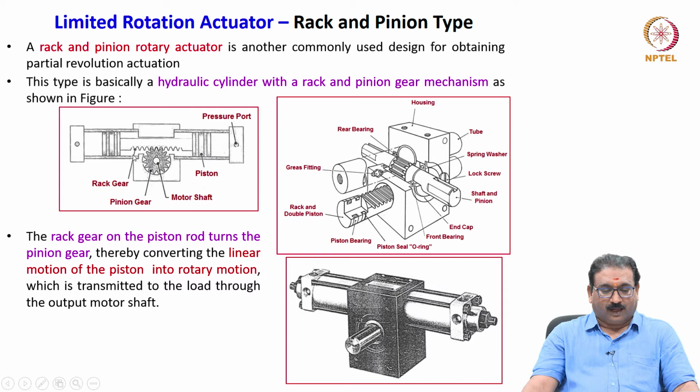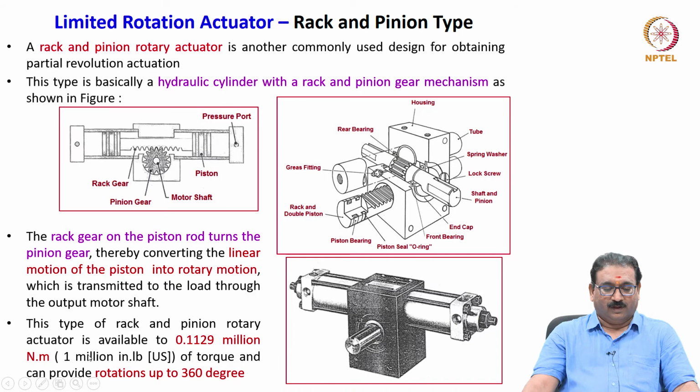The rack gear on the piston rod turns the pinion gear based on the fluid inlet into rotary motion, which is transmitted to the load through the output motor shaft. This type of rack and pinion rotary actuator is available up to 0.1129 million Newton meter of torque